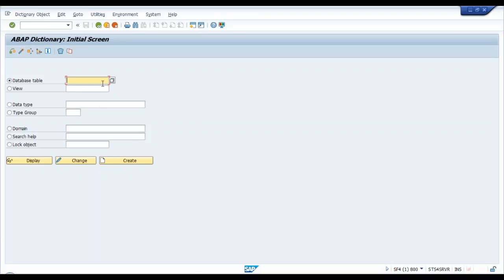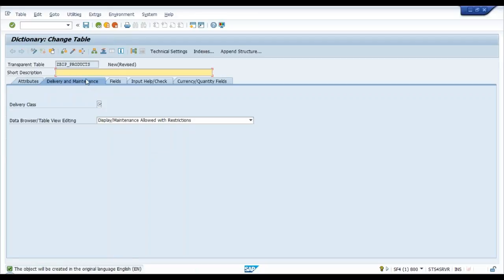So let's get started. Create our first database table ZBIP for products. Of course, your table design can go more complicated. You may have a customer table, different product tables, again divided into different pieces, different product lines, vendor information. You can store invoices, purchase orders, purchase invoices. It can go so much more complex. But I wanted to keep it so simple so you can at least understand the insights of this DB design. So ZBIP underscore products. Click on create. Let's say products. Best in business,